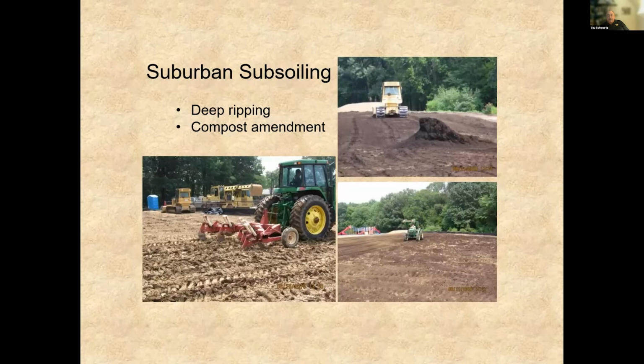Here's just an example to give you a sense of what we're talking about. The contractor actually had access to agricultural tillage equipment, so he brought out a big honking 250 horsepower John Deere tractor that was able to pull 5 ripping blades at one time, again, shooting for a target depth of 20 to 24 inches, followed by surface application of 3 inches of compost that we tried to incorporate to a depth of 9 inches, looking for a 2-to-1 soil to compost ratio on a volumetric basis. And after this was done, both sides of the field were hydroseeded with the same seed mix at the same